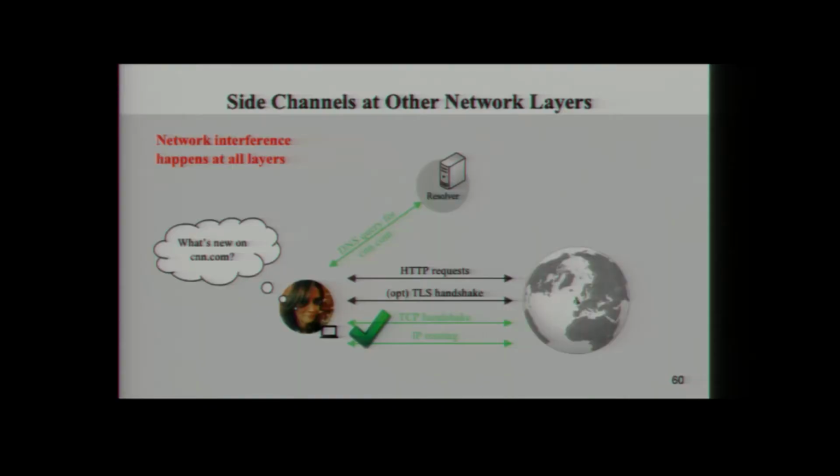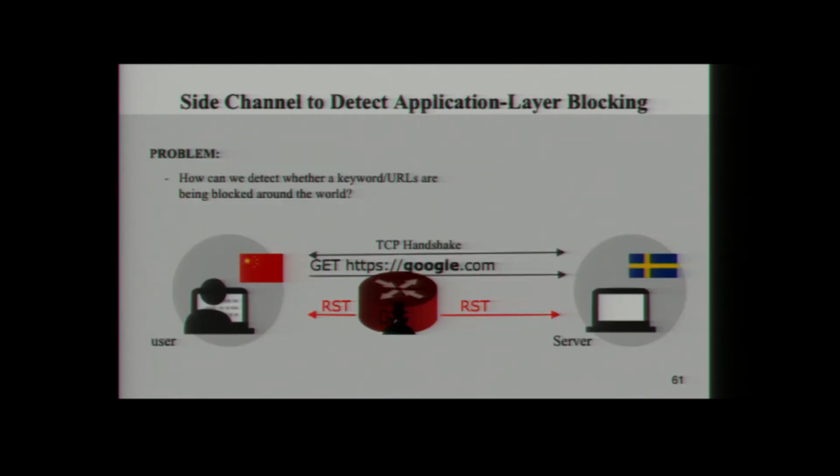Well, you might have heard about keyword blocking or application layer blocking. Like, for example, the Chinese government does that. Let me just explain that. For example, if traffic that is passing a deep packet inspector in China has a keyword that the government doesn't like, then what they do is they basically drop the packets and send a reset to both directions. So the server and the user both think that the connection is being terminated.